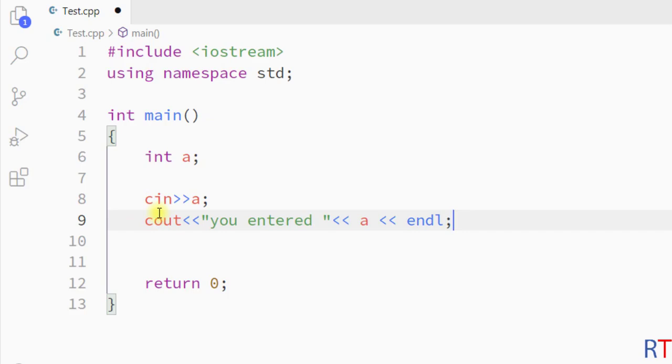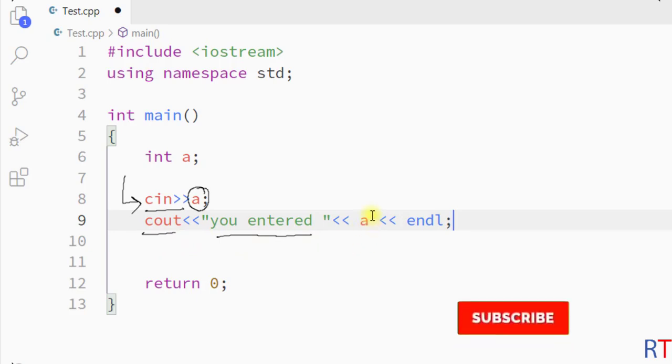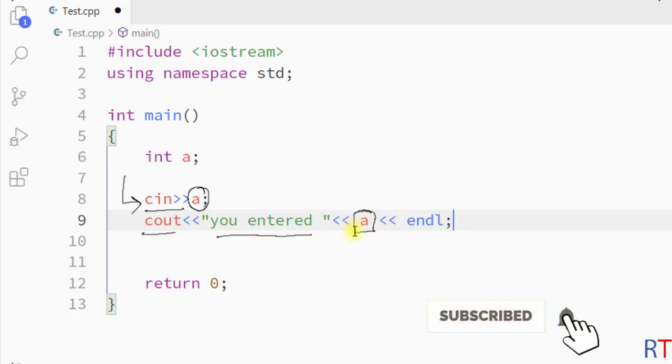This way we can use cin to take the user input and store it in one variable a, and then use cout to output one string, and also output the value of one variable. And to have a line break in our program we can use endl. So this is the way we can perform basic input-output operations in C++